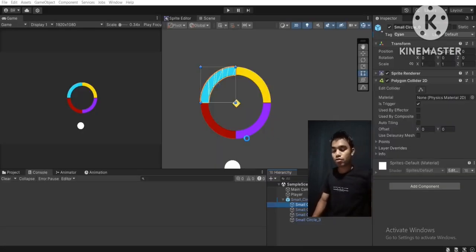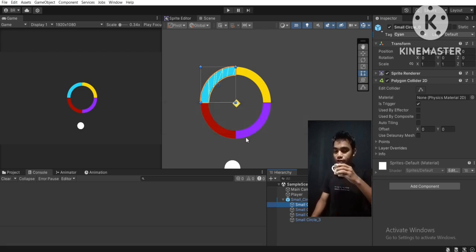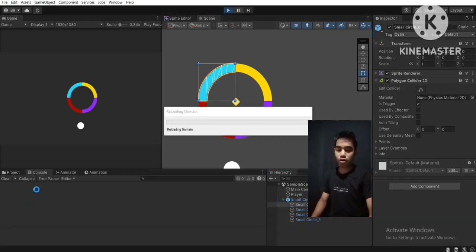If we trigger with this cyan, then the cyan tag will be popped up in the console. If we trigger with this yellow, then the yellow message will be popped up, because we assigned every single part of the circle rotator a certain tag. For this yellow we assigned a yellow tag, for this cyan a cyan tag, and so on. Just wait for it to compile. When it's done, hit this play button at the top. Now if I hit play and select the console at the bottom,